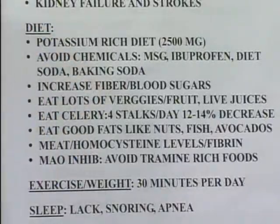Looking at the sodium and potassium ratios as well, oftentimes people are eating very sodium-rich diets. The potato chips, the soda, so many things that have sodium in them, canned goods, very high in sodium. So just getting that potassium and sodium ratio back in balance is very critical for keeping blood pressure at a